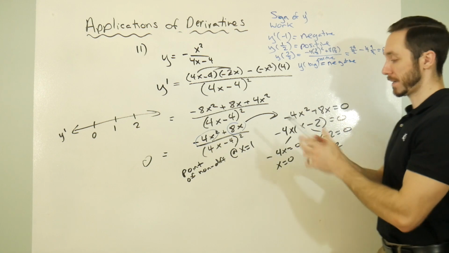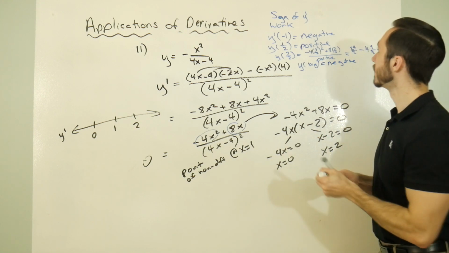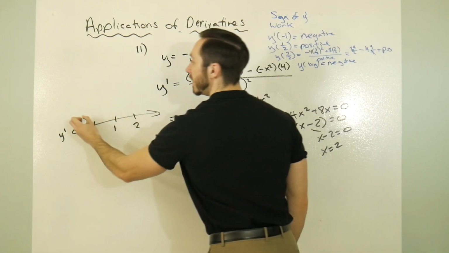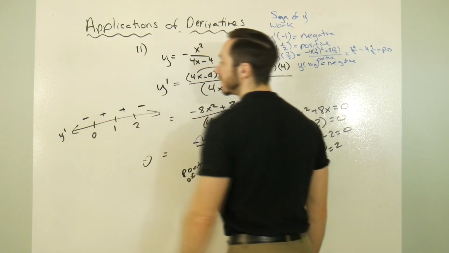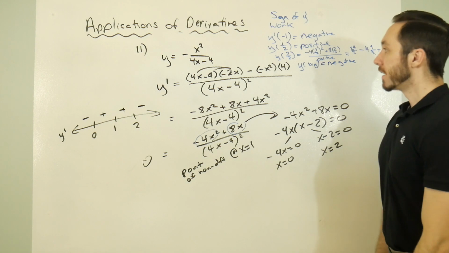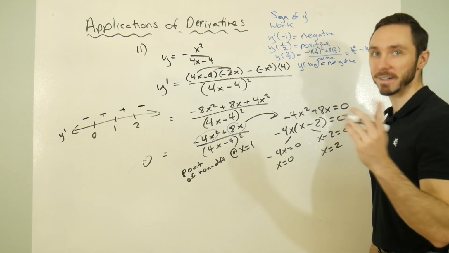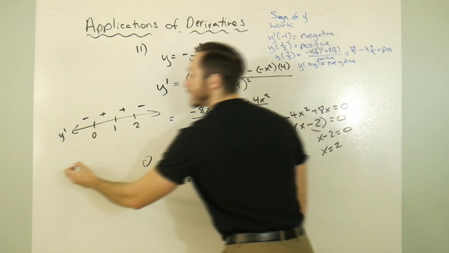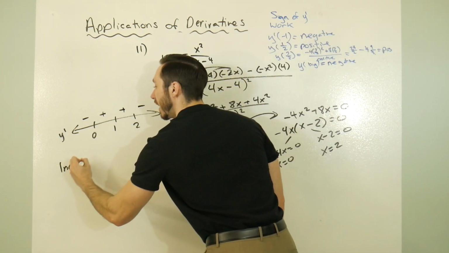So looking at my first derivative chart here, it goes negative, positive, positive, negative. So let's write down our final answer in interval notation. So this problem was very involved. So increasing